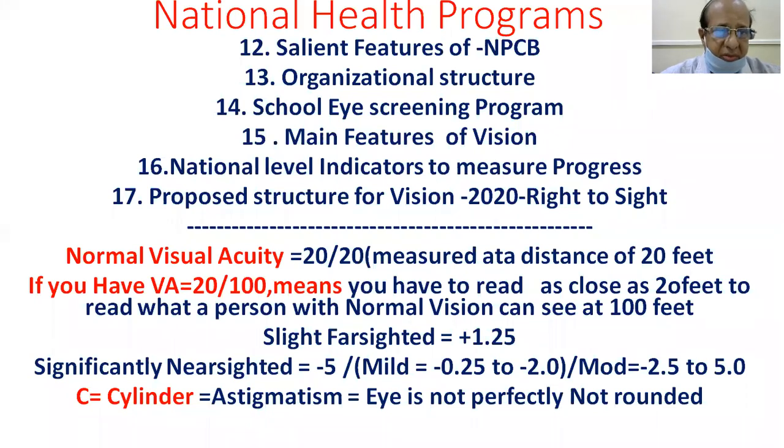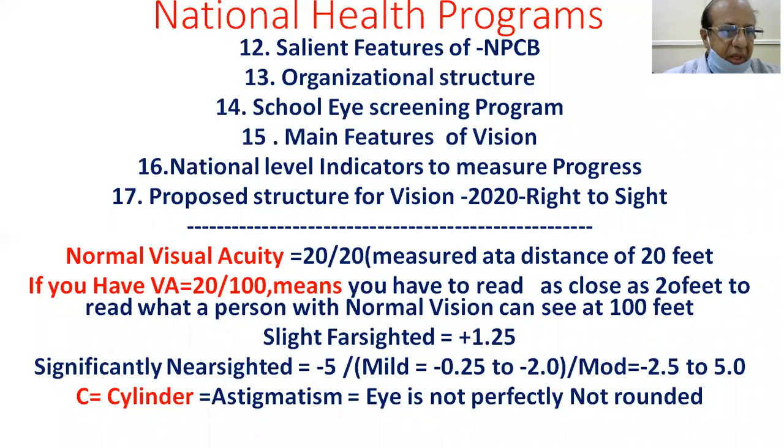So what is visual acuity? Normal visual acuity is 20 by 20. That means measured at a distance of 20 feet, or even 6 by 60 also we can use for the visual acuity. We are measuring this using Snellen's chart. Of course, E chart also there. Snellen's chart for the numbers, whereas E chart for the symbols, or the size of the numbers, the size of the symbols. Size of the numbers for the Snellen chart, size of the symbols for the E chart. But usually we are going for the Snellen chart in ophthalmology OPD, and also ward and other